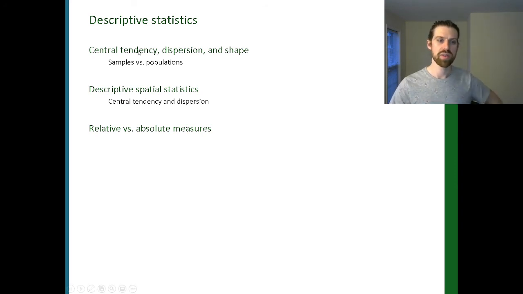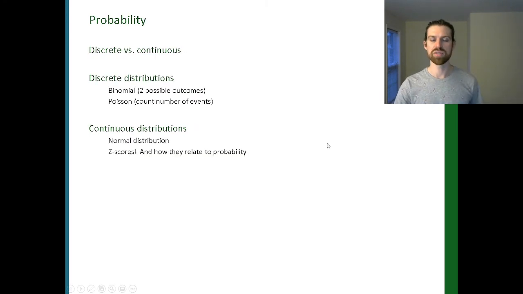And we looked at things like the descriptive spatial statistics, so looking at those central tendency and dispersion metrics in points data, and also looking at both relative and absolute measures for these different distributions. In probability, we looked at discrete and continuous outcomes. So discrete distributions, good examples would be the binomial or the Poisson, whereas the continuous distributions are more those that we've used over the past few weeks, so using the normal distribution and then using a z-score, okay,